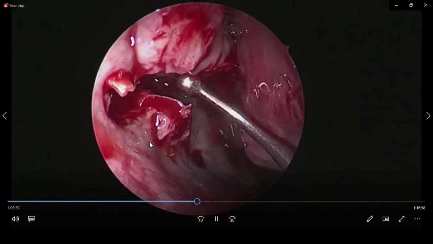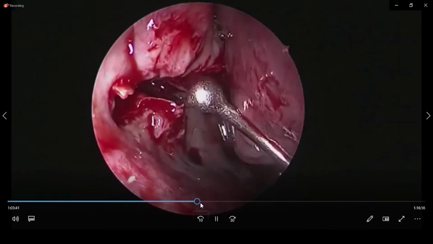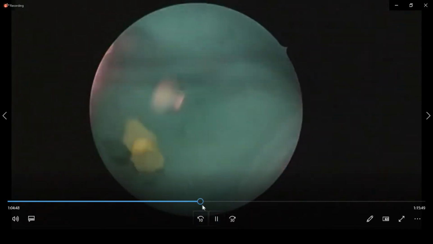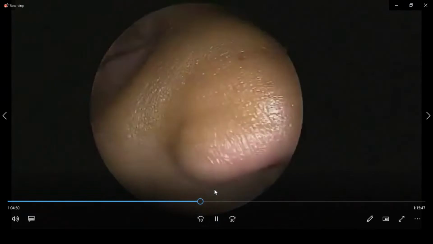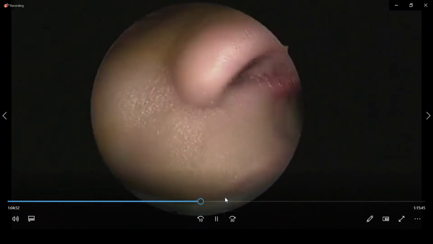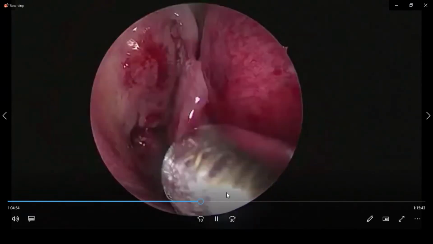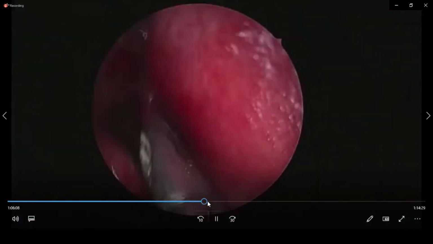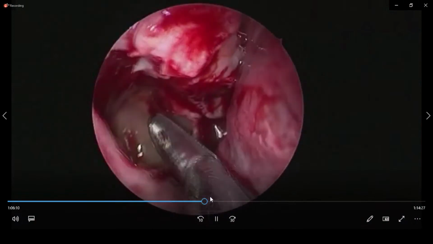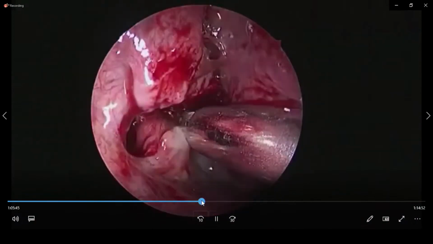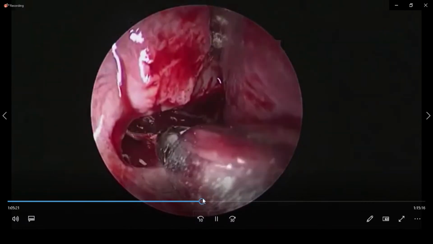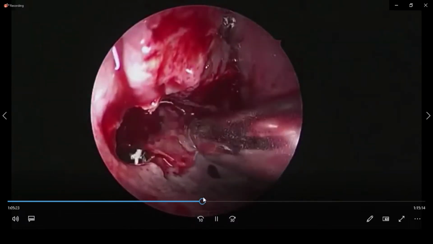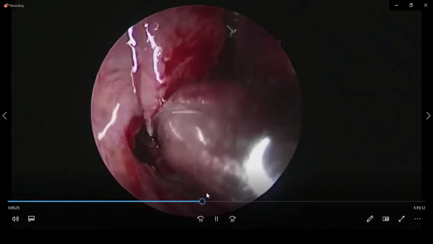See this? This is your ball probe. You introduce it into the opening which we made in the infundibulum, and then fracture the lower part of the uncinate. See this? Fracture the lower part of the uncinate. This is removing. Oh, I have gone ahead. Yeah. See, after fracturing, you can use the micro debrider to remove the lower part of the uncinate to create